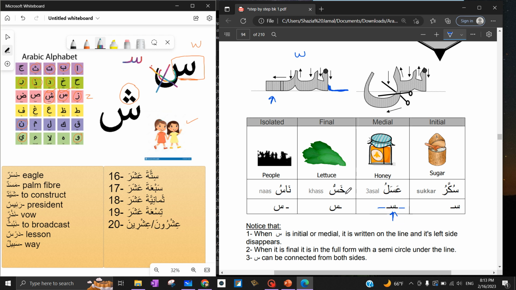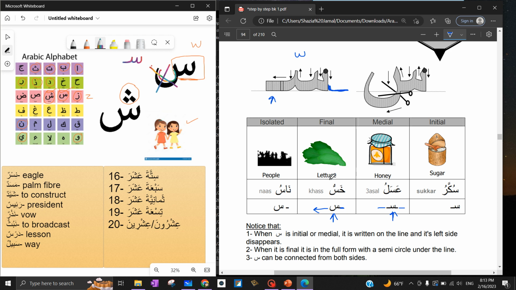Khassu, when seen is at the end. What happens when seen is at the end? It comes with its full form. The pot belly returns because there are no other letters to join here. So it will remain in its original form. And on the right side you can still see a small tail because it has to be joined with the letter here. Now nas